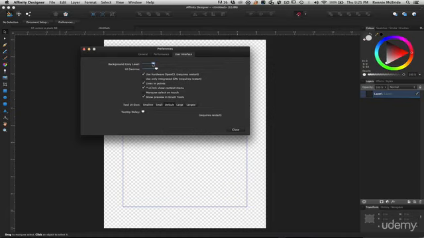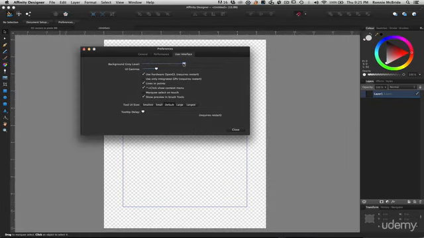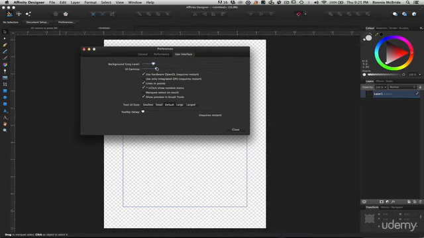The user interface, you could change the background color of the interface itself. I like it dark. I'm going to leave it here. You can also change the gamma color, not much of the actual UI, but a little bit. Mostly, I guess, most people who have impairments with darks against lights and lights against darks would probably change those things. But for me, I'm going to leave it dark. And then everything else here is pretty self-explanatory. You can mess around with them, but I think everything is perfectly fine at the default. But just know that they're there if you need to